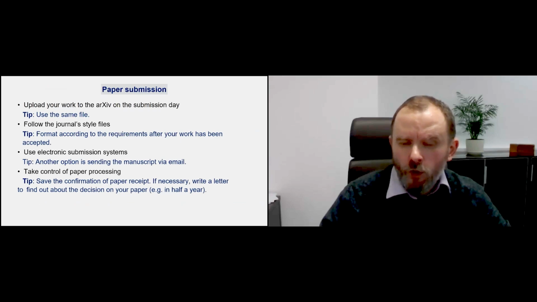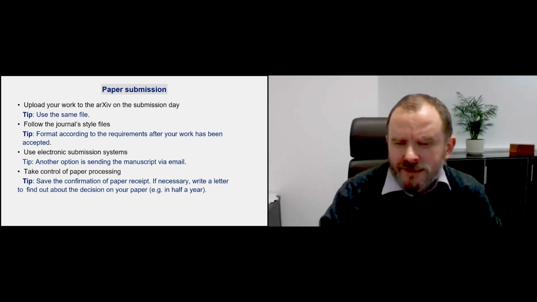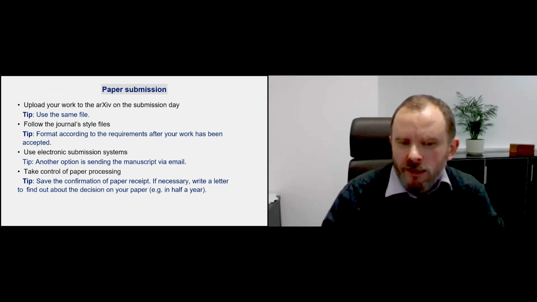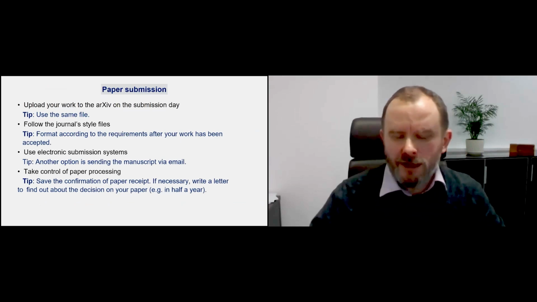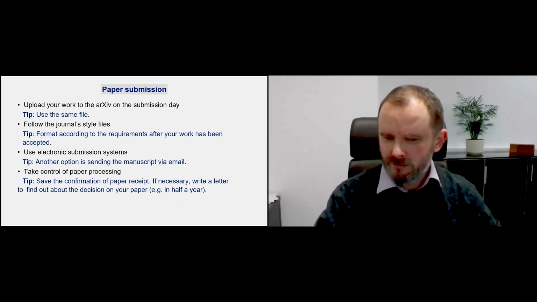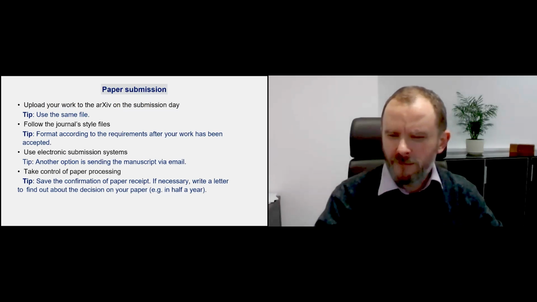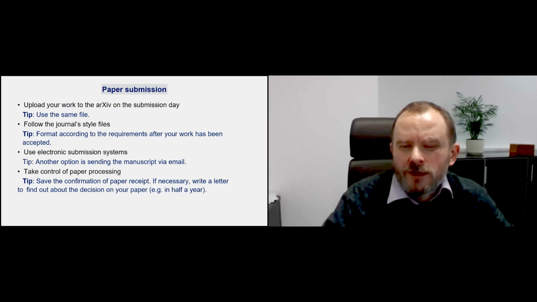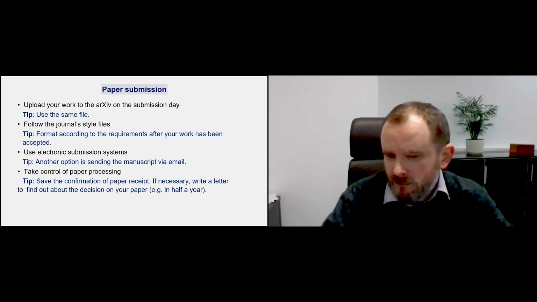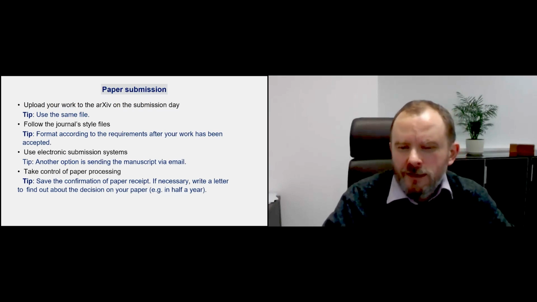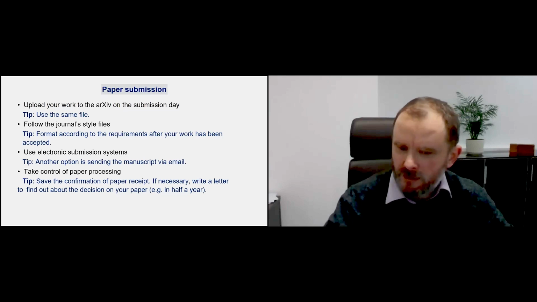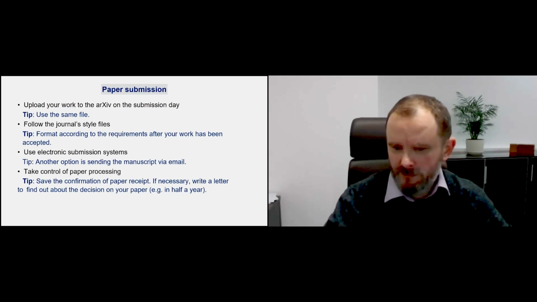But also, we are all living people, and we can make mistakes, something may be lost. In my practice, I had it, the journal can forget about your submission. And at some point, it's a good idea to write and ask how it is with my paper. What is the term? In how many months should you send such a reminder? In earlier times, I would recommend a year. Now, time is running quicker, and maybe now it's possible to write after half a year, but not earlier.